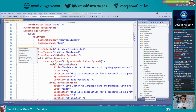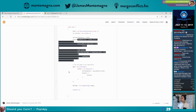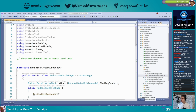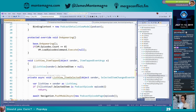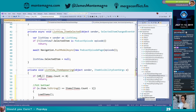Dan, that sounds like a great feature request for Xamarin.Forms. Which one? The items appearing. So item appearing. Let's create that new handler there. I'm all about feature requests. Put in all the feature requests all the time. So if I did this on appearing, then I should be able to do something like, where's my view model? VM dot, if it is busy,